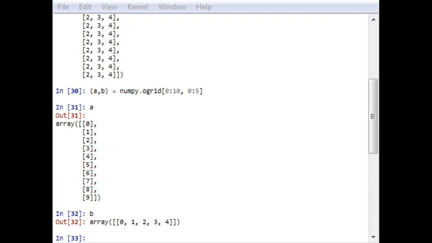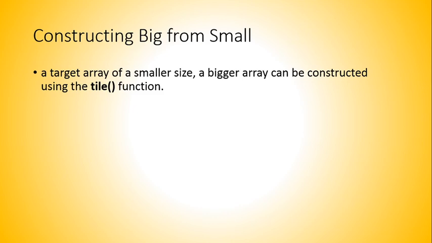The next important topic here is the tile function, which I want to explain. Now, the tile function is used mainly to construct a bigger array from a smaller array. For example, if you form a target array of a smaller size, a bigger array can be constructed using the tile function.